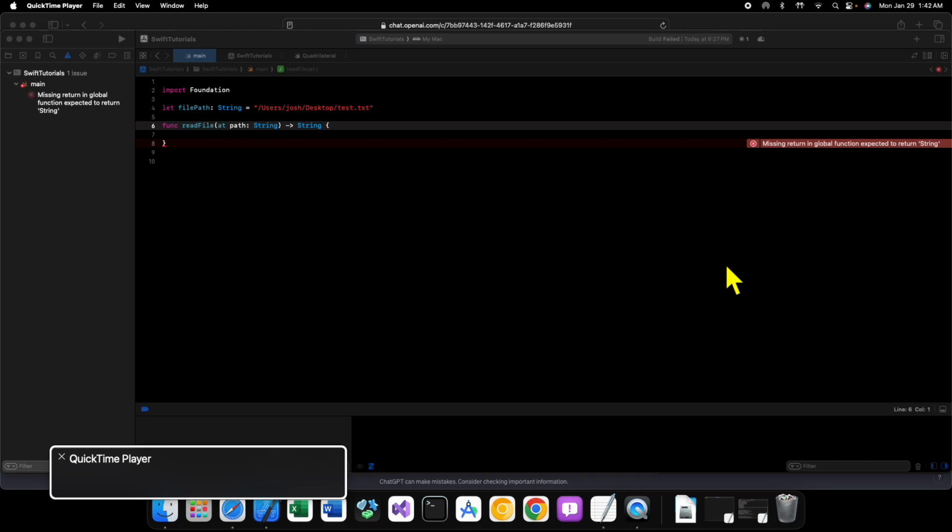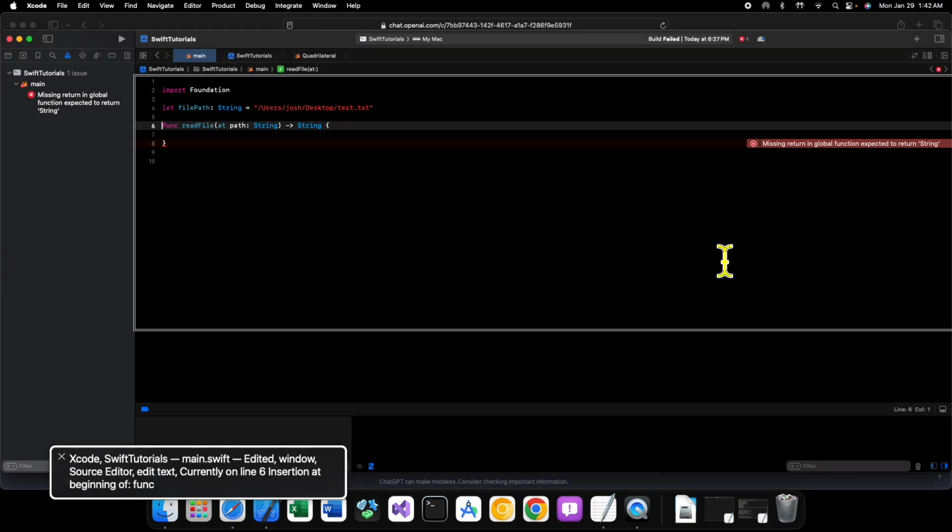So what we're going to do is we're going to read the contents of a file. And I have the path to the file already in a variable in the code. And then I have the basic structure, or the basic signature for a method. This is the method that we're going to work, or the function that we're going to work with. Okay? So the first thing that we want to do is we want to prepare this method to be able to throw an error. And to do that,